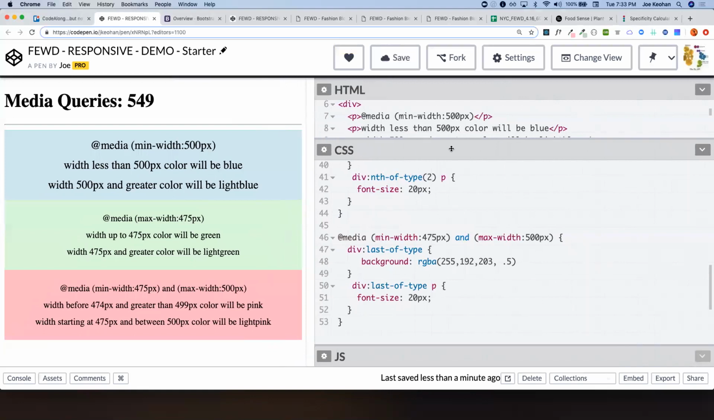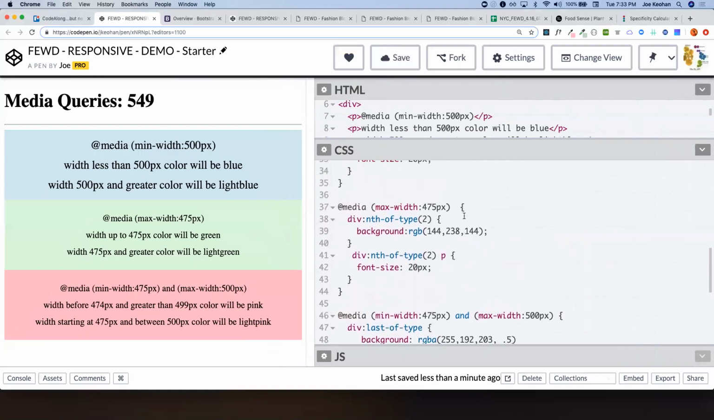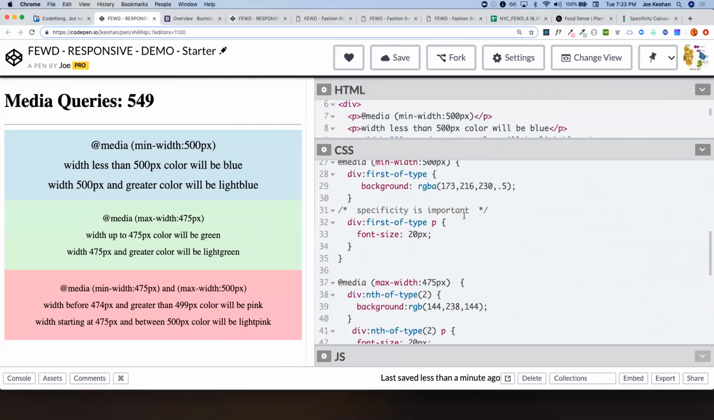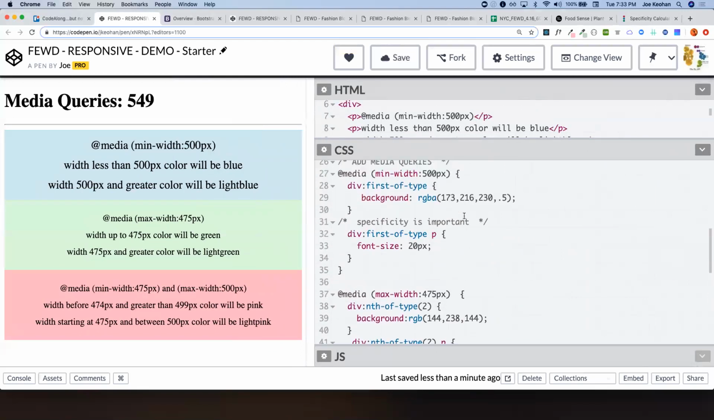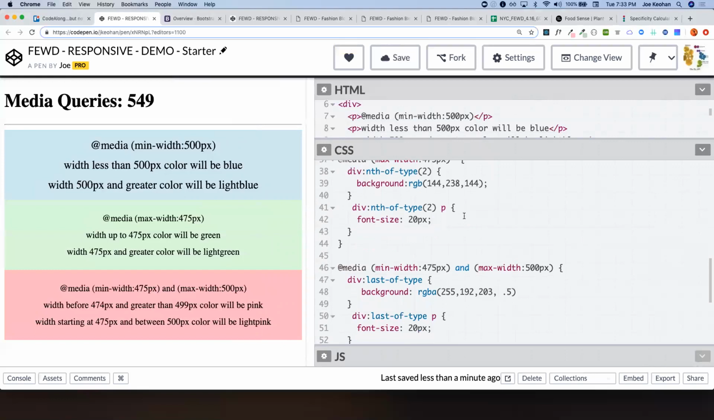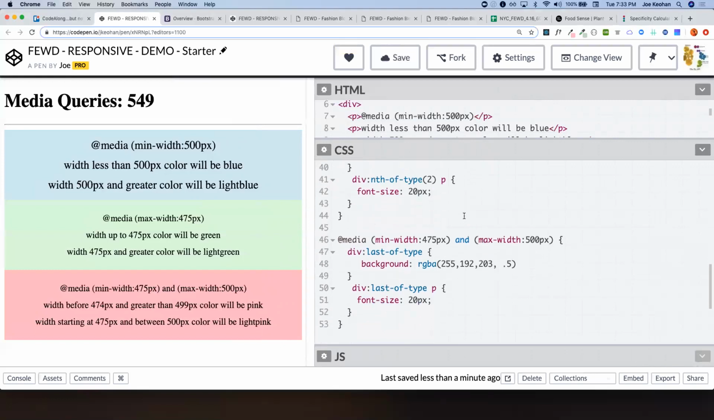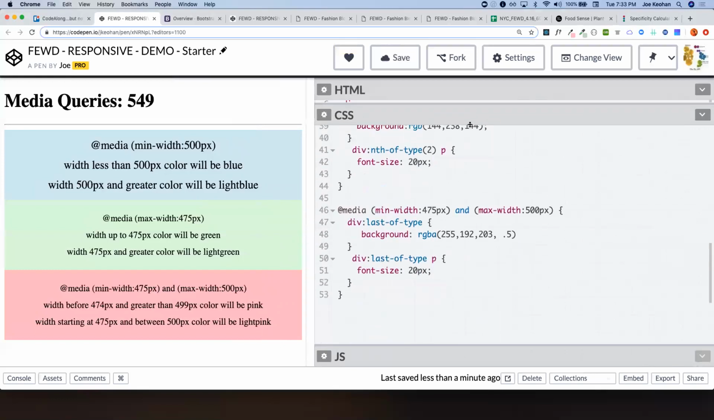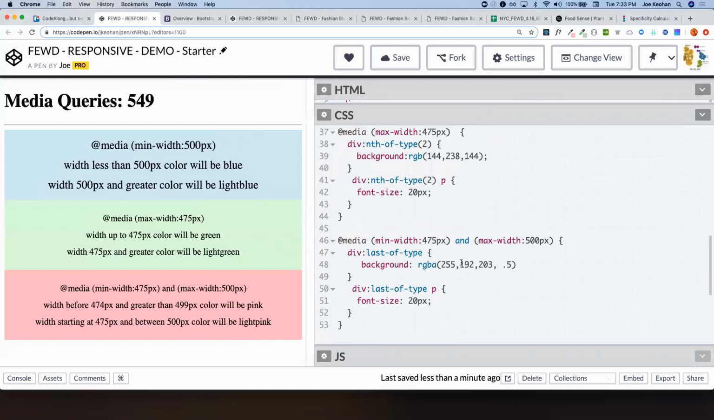Any questions on this? Once again, pretty straightforward. Of all the stuff, I would probably say media queries are very, very straightforward in how you use them. There are obviously some nuances, and we'll go into some of those nuances. But